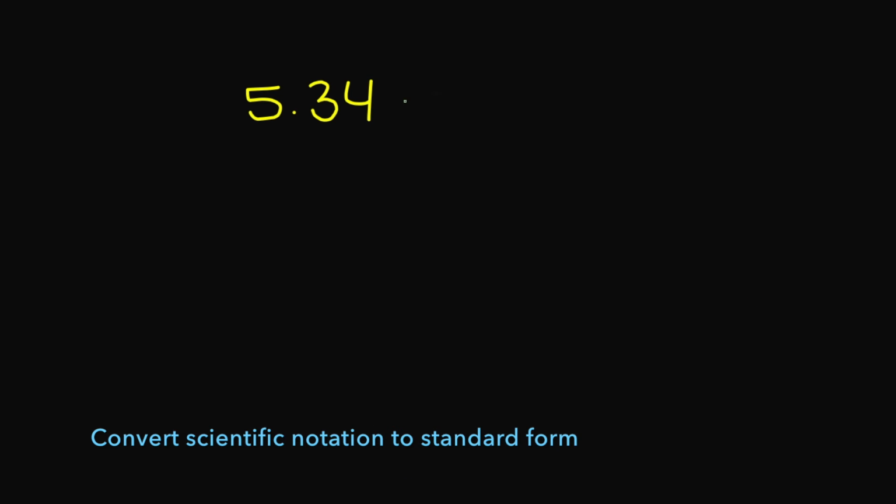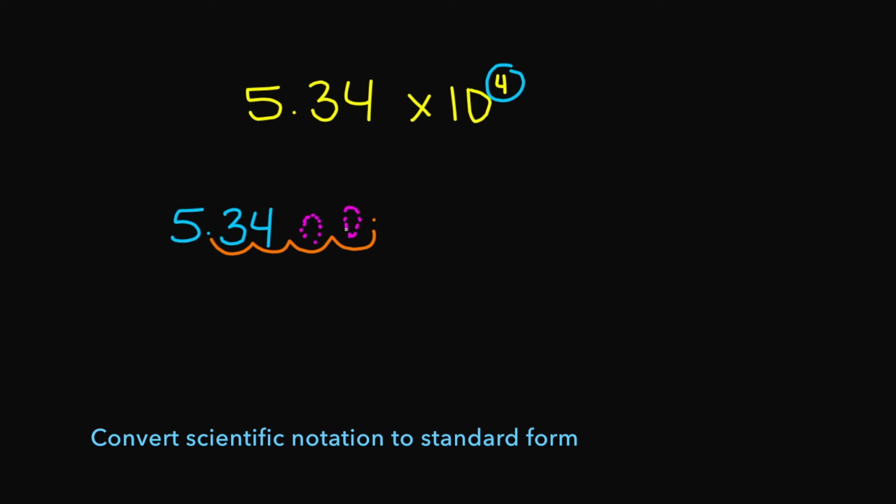So now let's convert scientific notation to standard form. So let's say I had this number here, 5.34 times 10 to the 4th power. Because this is a positive exponent, I'm going to move my decimal 4 places to the right. So we're going to start here, and we're going to do 1, 2, 3, 4. My new decimal is going to fall here. Now I'm going to fill in the gaps here with just zeros. So we have a 0 here and here. So your answer here is going to be